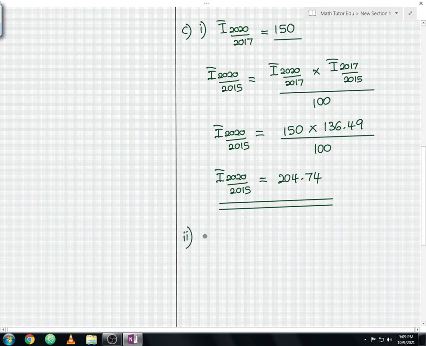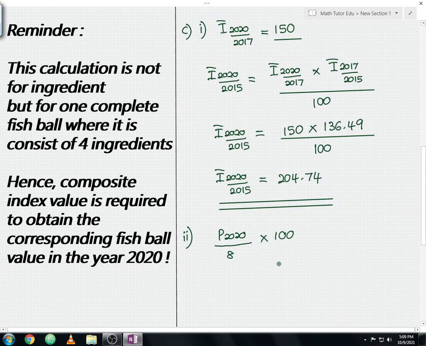So price in the year 2020, and then you divide with the price in the year 2015. In this case price in the year 2015 is 8 ringgit, and then you times with 100. You calculate this, you should get your composite index is